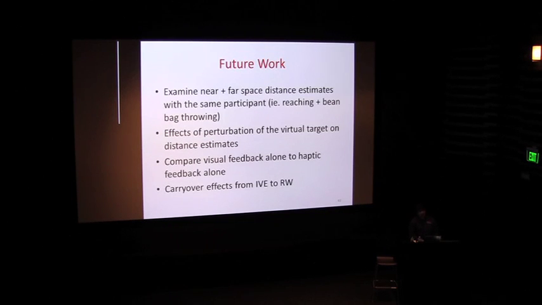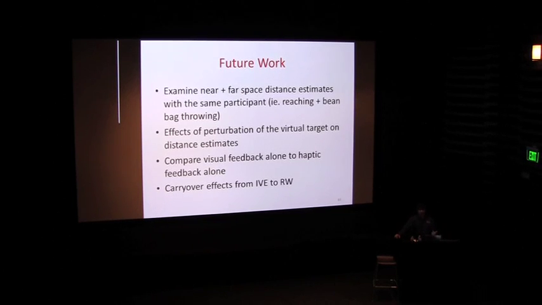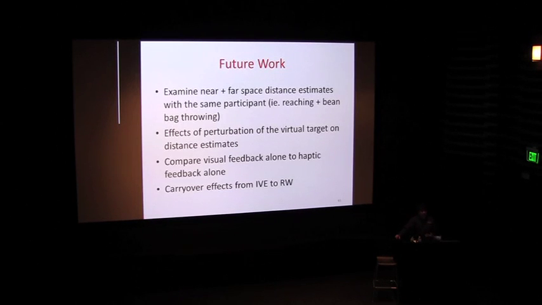So in terms of future work, where are we going with this right now in my lab? We are examining near and far space distance estimation for the same participants. So we are looking at if you could calibrate to near field, does it carry over to far off distances in the medium field? And also we are looking at cross-task calibration. That is, if you received feedback with respect to beanbag throwing, does it also enhance your perceptual responses via physical reach? So does calibration carry over from one space to another? Does calibration carry over from one task to another? These are all various interesting phenomena that we want to study.